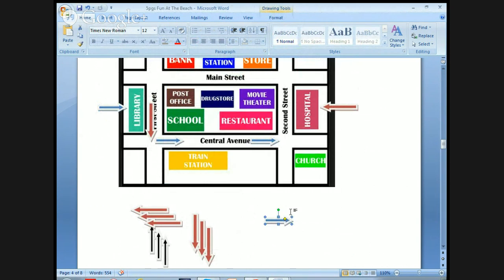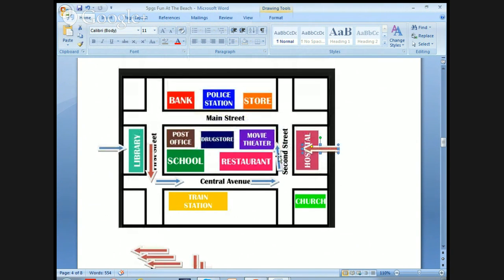I'm going to make a left turn onto 2nd Street, and right at 2nd Street is the hospital, and that is where I'm going to go to see my friend. The hospital will be on my right, and I'm going to park in front of the hospital. Now that I've visited with my friend, I'm going to go on up